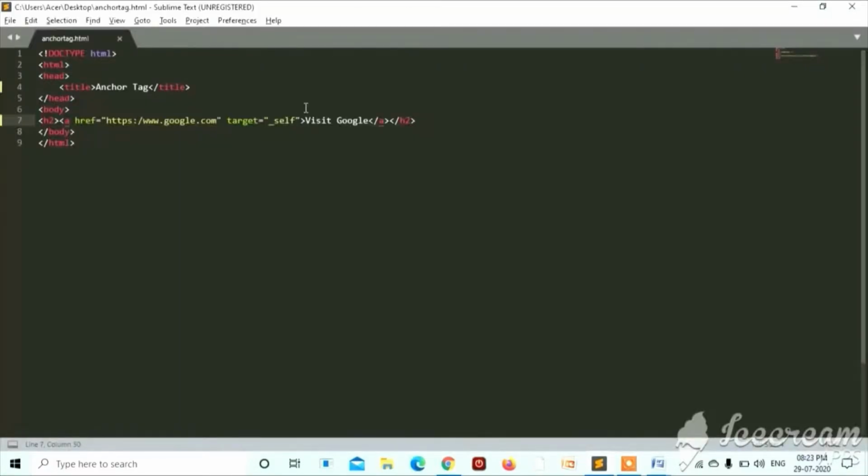We are going to see how we can link to an email address through the anchor tag. I'm going to remove this thing. We are going to give href as mailto colon, and here we can write any email on which you want to send an automatic email. So I'm here taking an example,